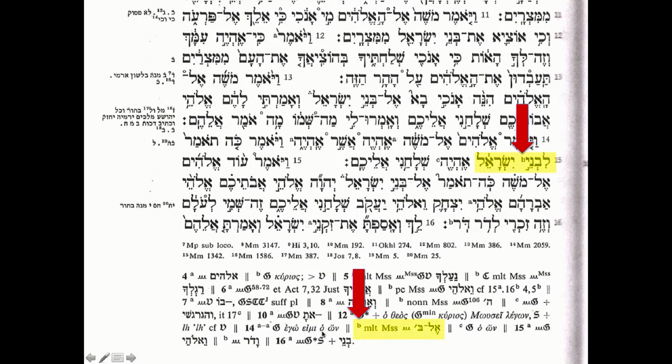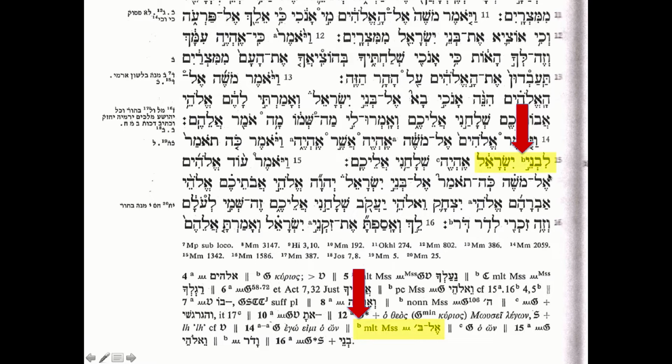That's a variant right here. We're just going to deal with this one today. You continue on in verse 14, you come to a b, and it's just one. That means it deals with this right here. You come down to the b. It says a multitude of manuscripts and the Samaritan Pentateuch have